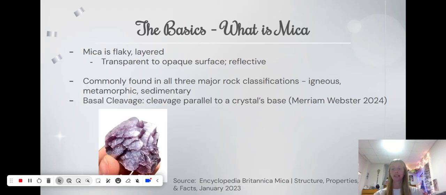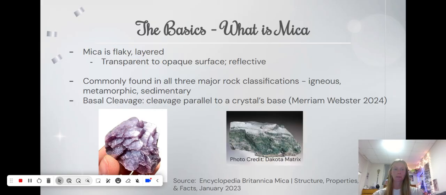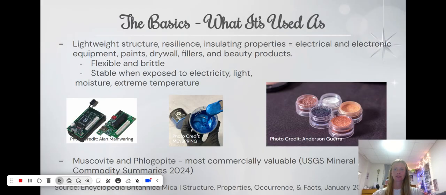Perhaps one of the most defining characteristics of mica is its basal cleavage, which is cleavage parallel to its base. The mineral mica glauconite, however, is unique in that it does not have any cleavage. Due to mica's lightweight structure, resilience, and insulating properties,